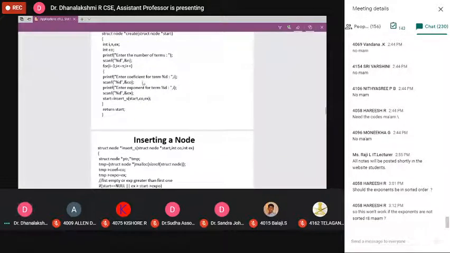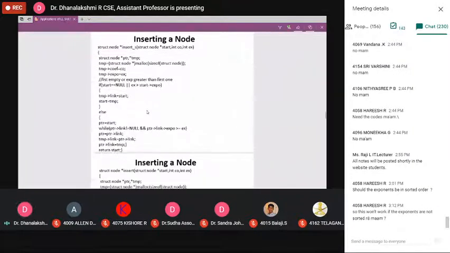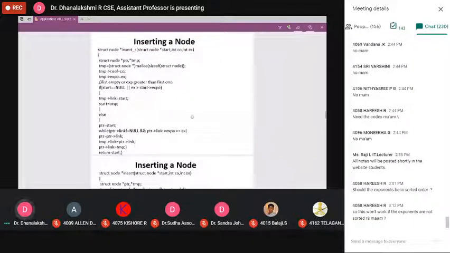Next one. This is creation alone, that is, no declaration. The next part is we have to initialize the memory. That's why here I am calling the function insert. Do the memory allocation and so on. Here I am going to pass the coefficient and the exponent. Already told you how many pointer variables you want: you can declare PTR and temp inside this. Then using malloc, you allocate memory for the new node, then initialize the coefficient part and exponent part.